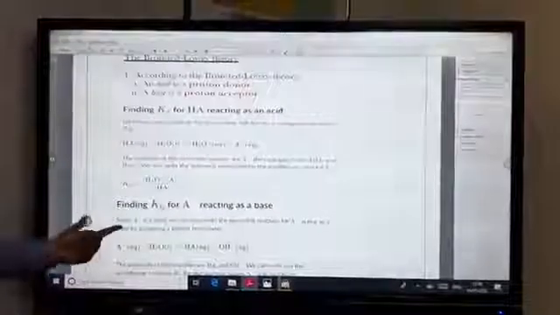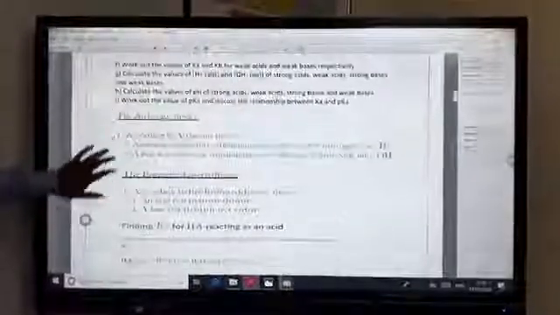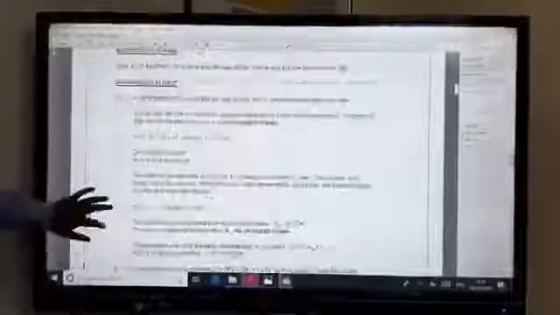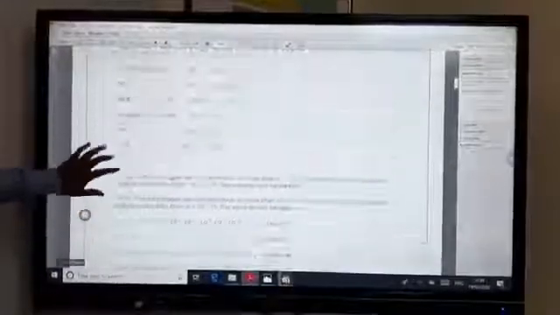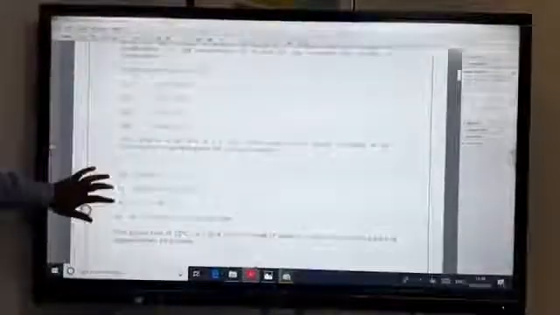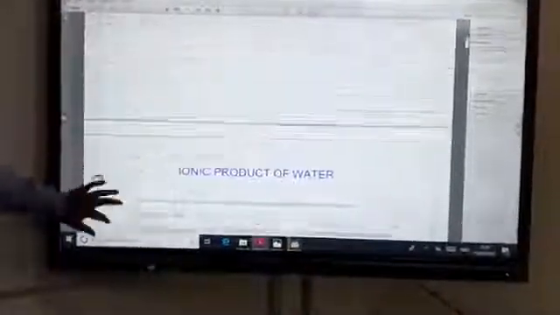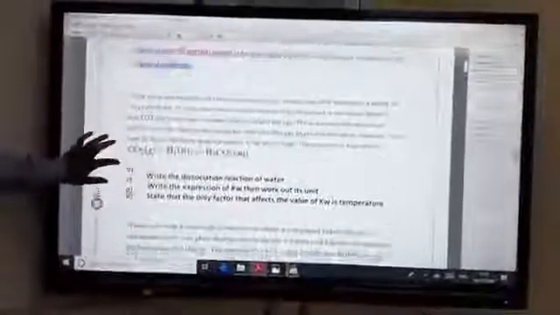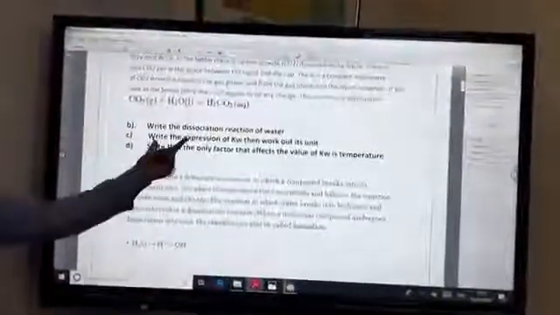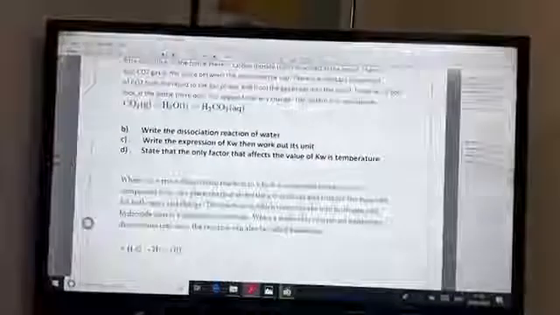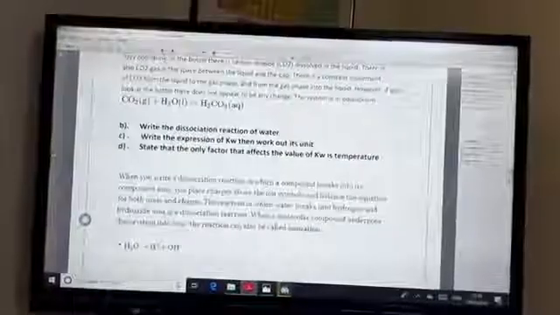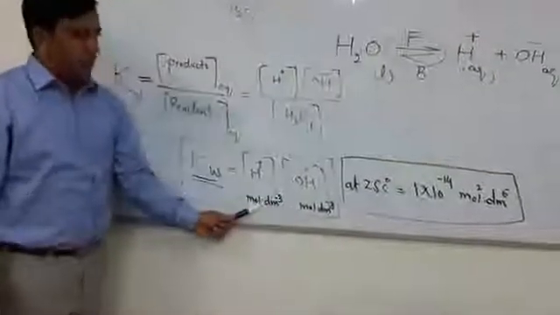Next lesson we will study how to find Ka, what is Ka, what is Kb. So let's see just within 1 minute, we will start from the beginning. What is our objective? We finish today. The first one, this is our main objective, the ionic product of water, and from your syllabus you can see and you are now able to write the dissociation reaction of water, write the expression for Kw, then work out its unit as I did here. Work out the unit of Kw, and you can substitute the unit of concentration here, and then